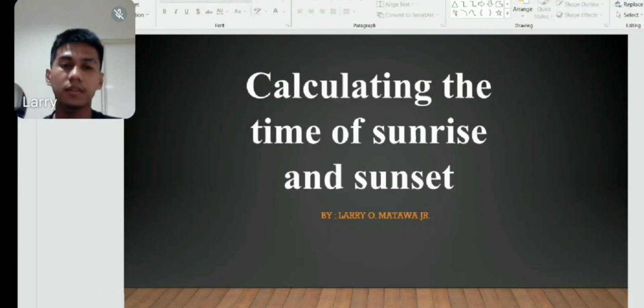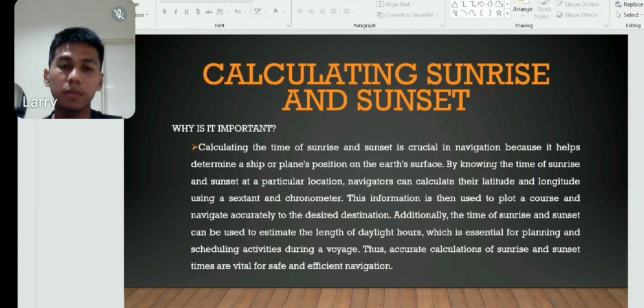Hey guys, so today I'm going to demonstrate how to calculate the time of sunrise and sunset. But before that, we must know why it is important. Calculating the time of sunrise and sunset is crucial in navigation because it helps us to determine a ship